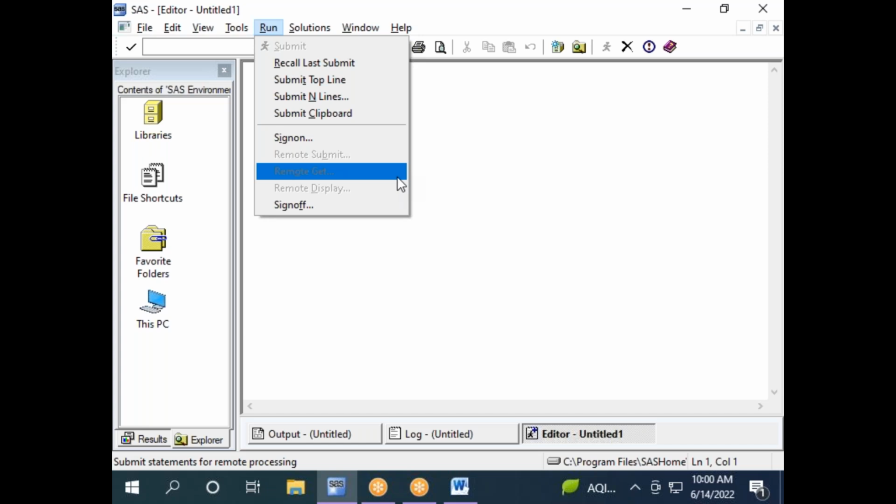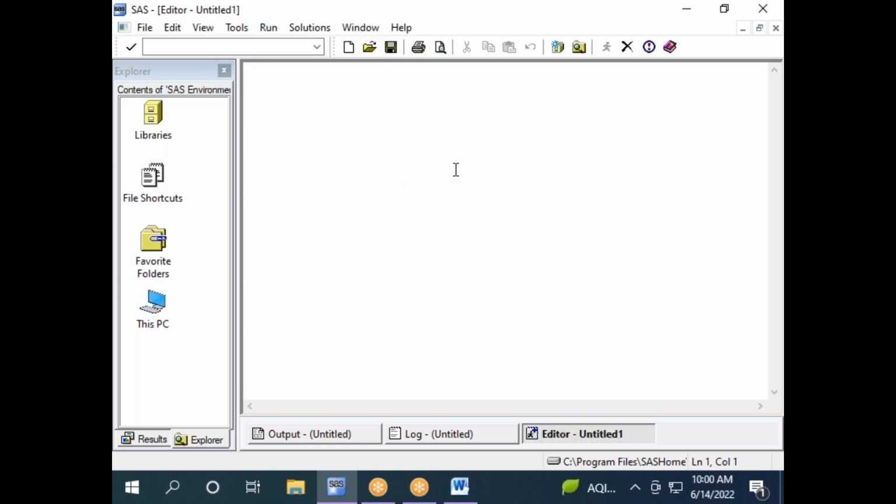Everything you can do. Now, these are the shortcut keys. If I wanted to go to the run menu and I'm not sure how to go, we can use this. Next,